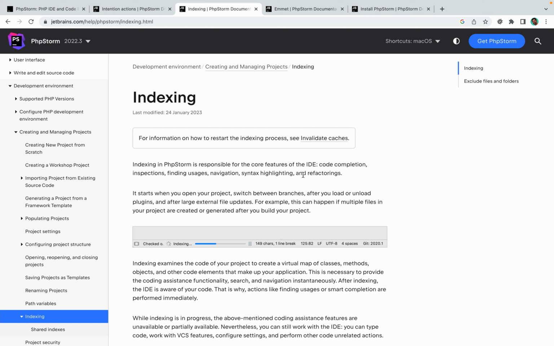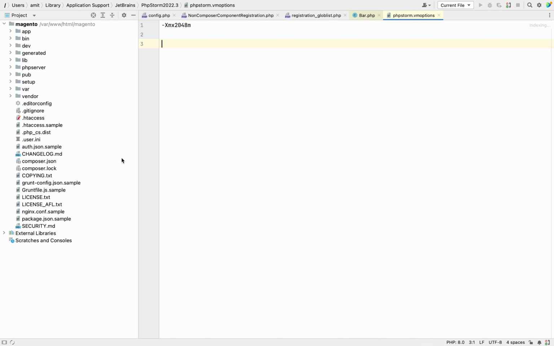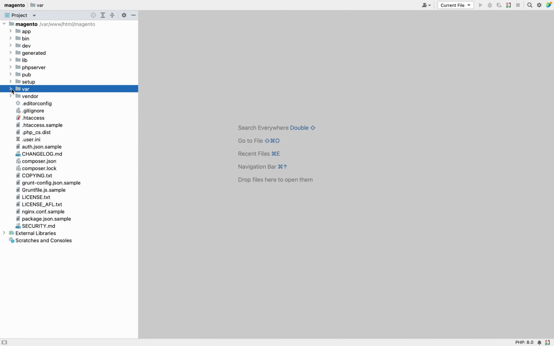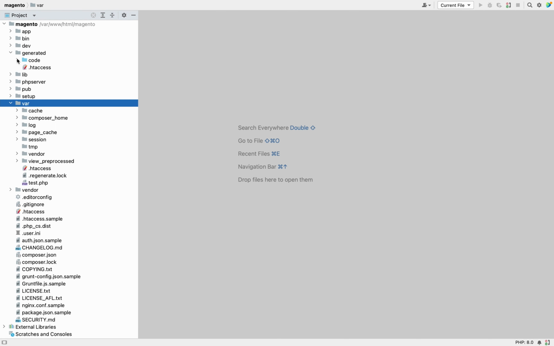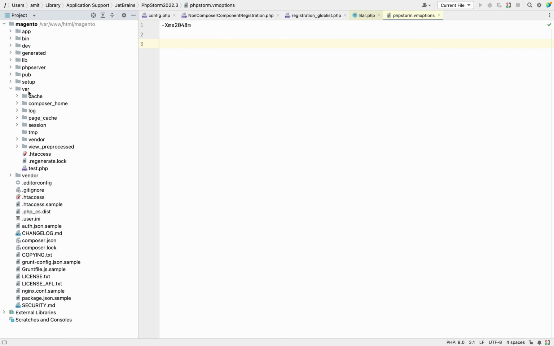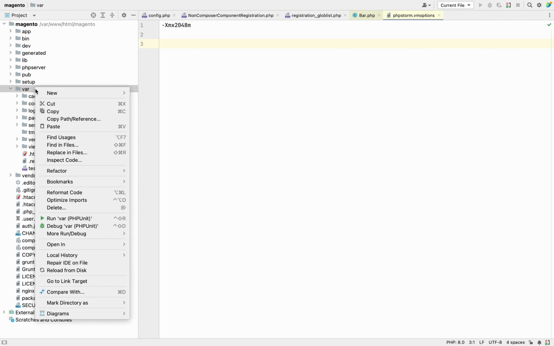The way is basically to exclude the files for which you are not using these features. For example, I am working on a Magento project. The folders and files which are present inside this var directory and generated directory are auto generated. So I can exclude this var folder, and the way to exclude any folder from indexing is to right click on the folder, go to mark directory as, and here you will see excluded.